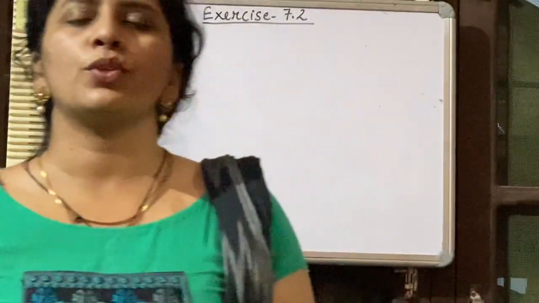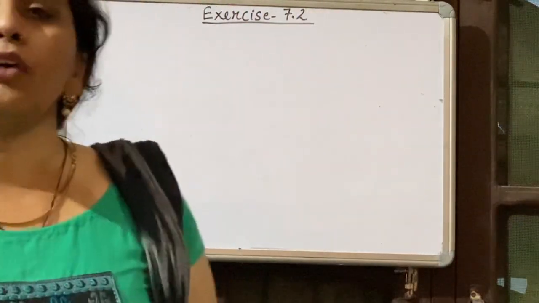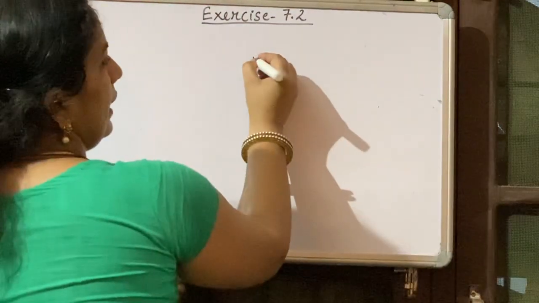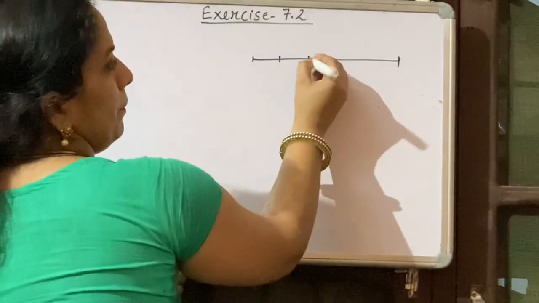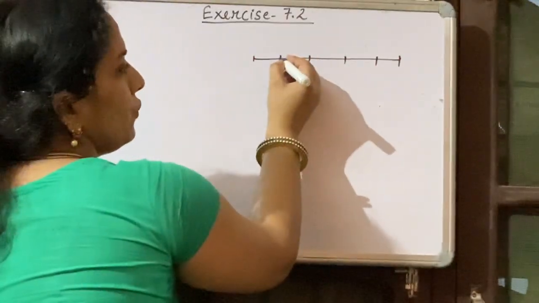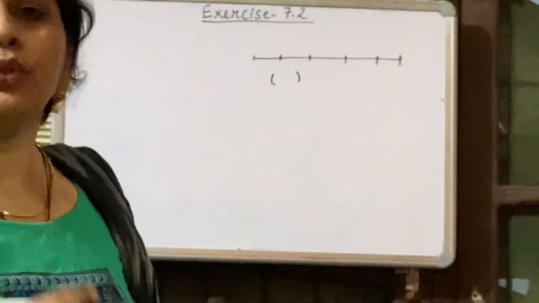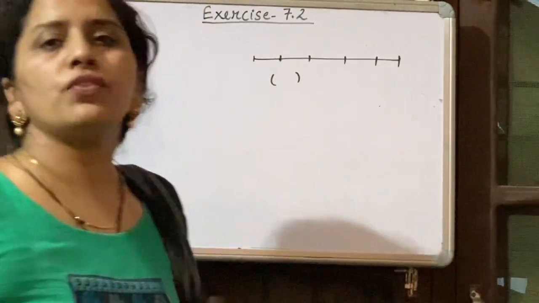Hello students, today we are going to start our next exercise 7.2 of chapter 7 of coordinate geometry. In this exercise, we will discuss how to find out the position of a point which cuts a line segment in any ratio. Suppose you are given a line and we cut this line in many equal parts, and if you have to find out the position of this point, then you require a ratio, and the ratio totally depends on the sub parts of this line.